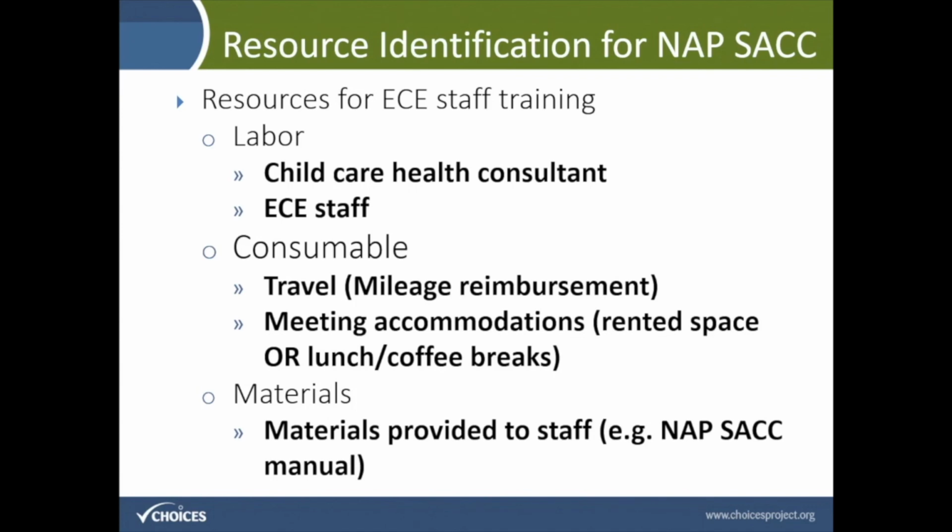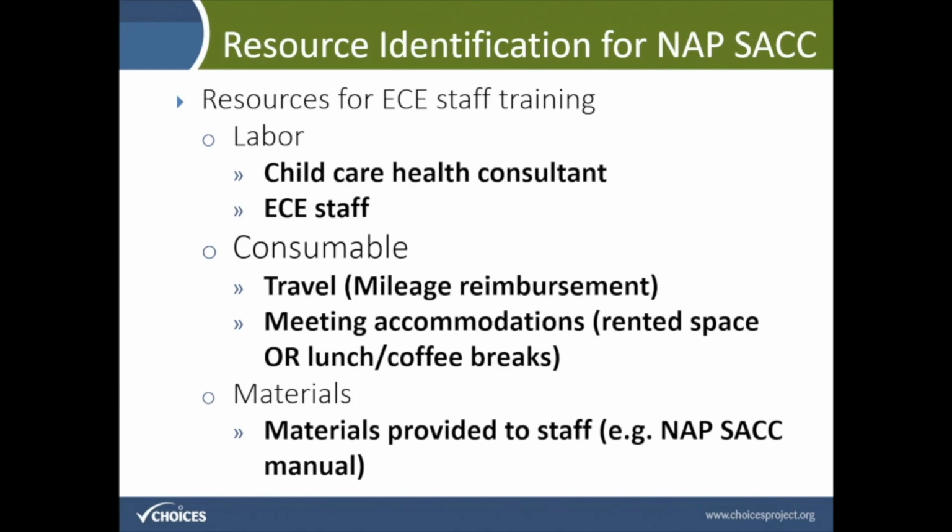In the category of consumable items, you could have some travel costs. So think about mileage reimbursement for the consultant, or perhaps if it's an off-site training, maybe people are being reimbursed to travel to that off-site. If there's any accommodations for the meeting, any rented venue space, for example, or any snacks or lunch or coffee breaks provided during the training, those would be consumable items that were part of the training. And then